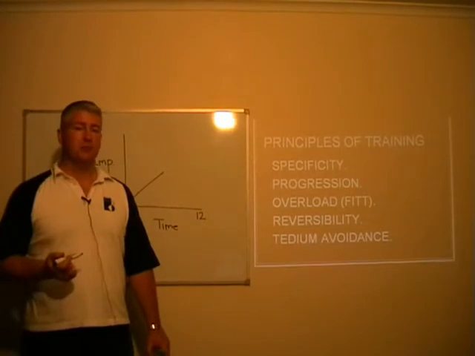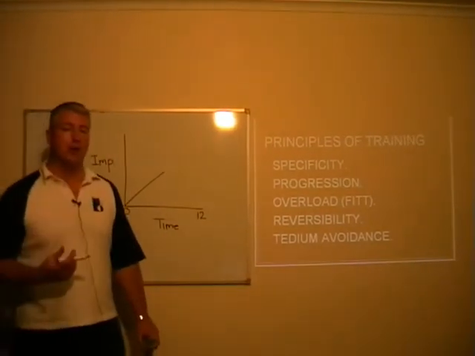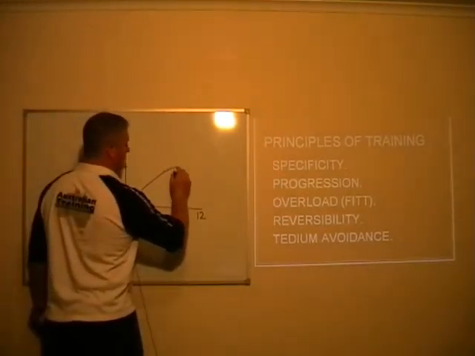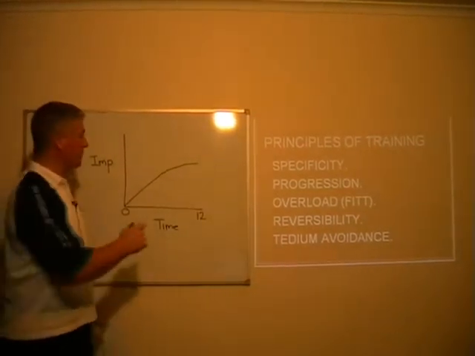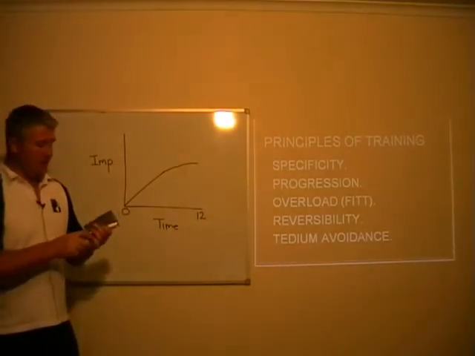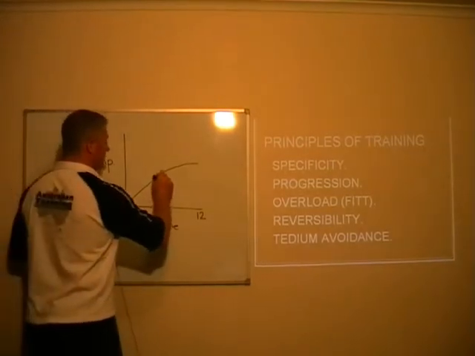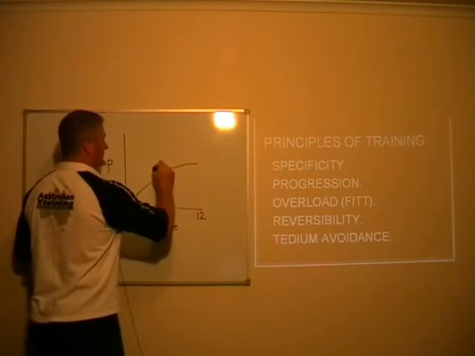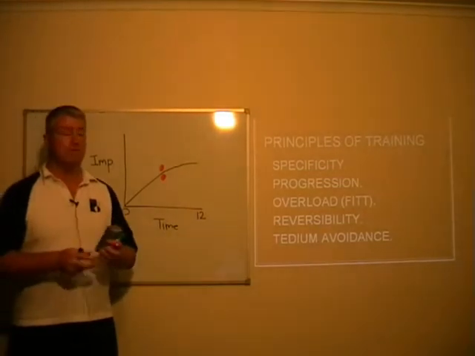However, after that 6-week period, what we find is that this rate of progression actually starts to slow and taper off. It doesn't plateau, it still continually improves, but as you can see, the rate of improvement is not as great as it was in that first 6-week period. And it's probably not surprising to note that it is around this 6-week mark that we find a big dropout rate from exercise participation in gym environments.